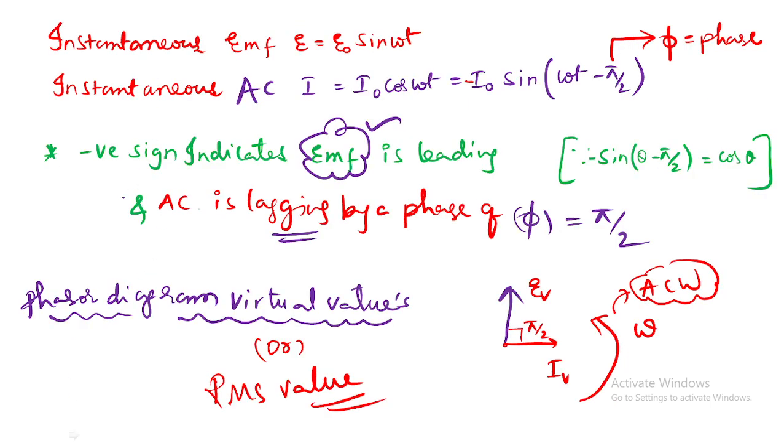Okay, now let's come to the point here. Same thing, instantaneous value of EMF is how much here? Sine of omega t. But here how much? I naught cos omega t, but these are not required. This will be plus, and this will be plus pi by 2. Yes or no? And in this case, nothing is there. This will be completely positive sign, which indicates EMF is lagging and AC current is leading by pi by 2. The dialogue will be different here.